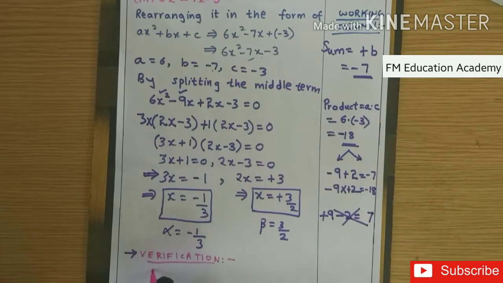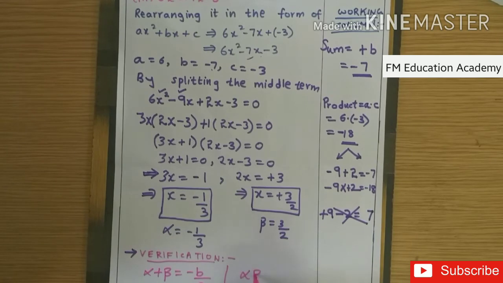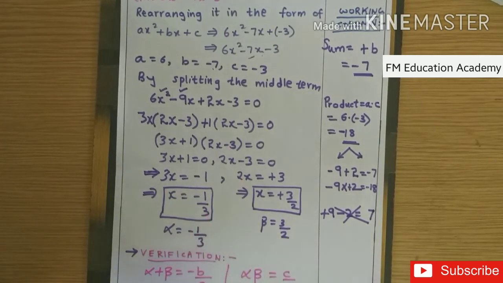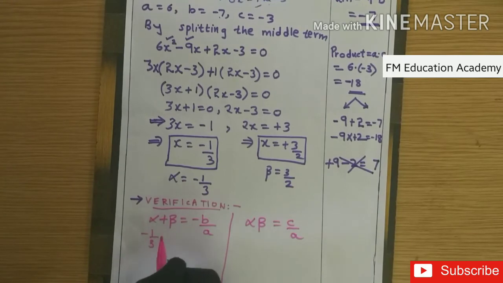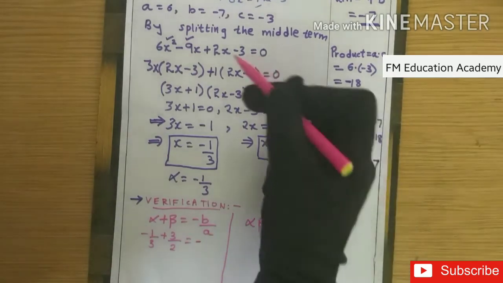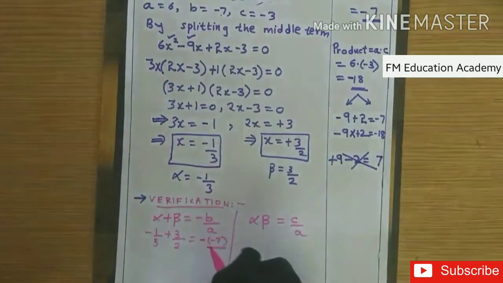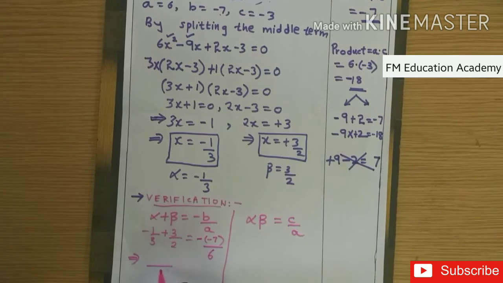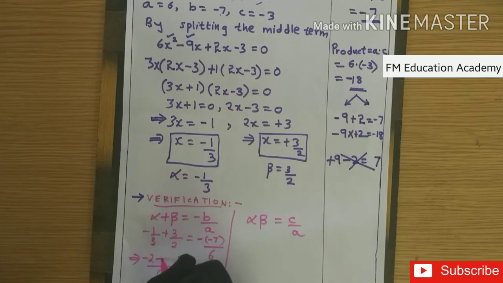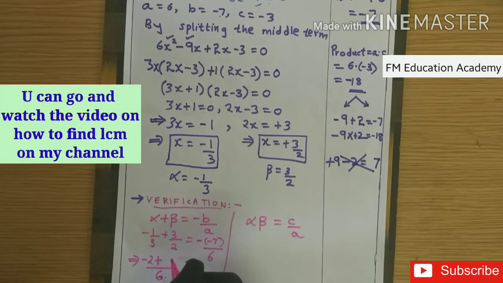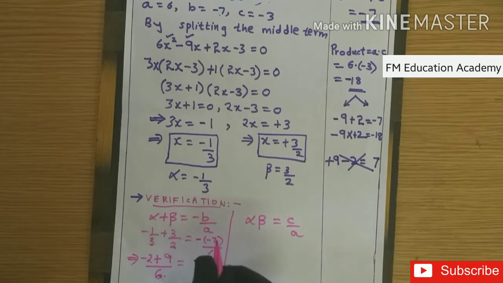So for verifying, the sum of zeros is minus b by a by the formula and the product of zeros is c by a. So what is alpha here? Minus 1 by 3 plus what is beta here? 3 by 2 is equal to, minus as it is in the formula, the b term I got is minus 7, so minus 7 by the a term I got, which is 6. So here if I do the LCM, what will I get? LCM of 3 and 2 is 6. Denominator divided by denominator: 6 by 3 is 2, 2 into minus 1 is minus 2. Plus, take out the LCM, 6 divided by 2, denominator divided by denominator: 6 by 2 is 3, and that multiplied by the numerator, so 3 3s are 9. So 9 is 9. And here minus into minus is plus.